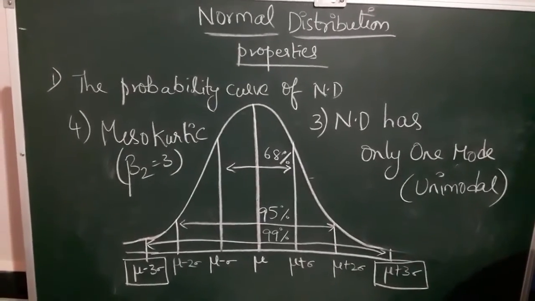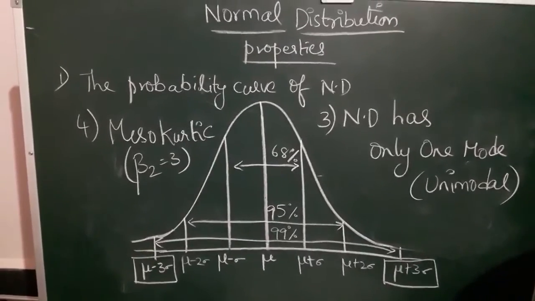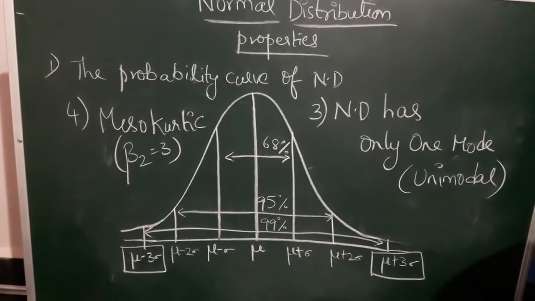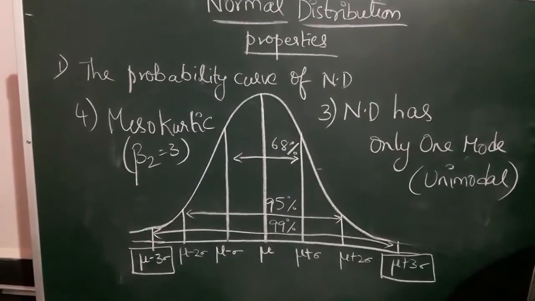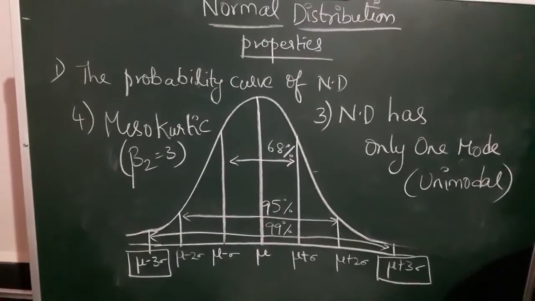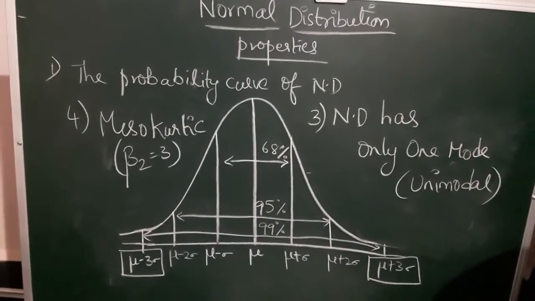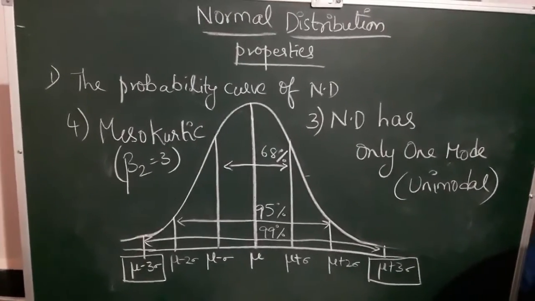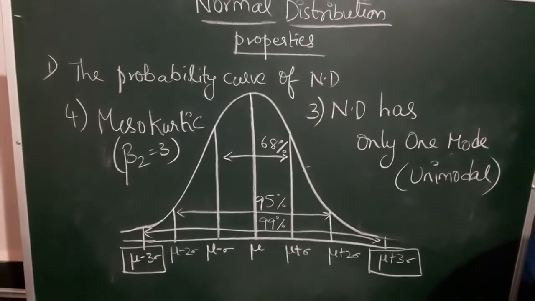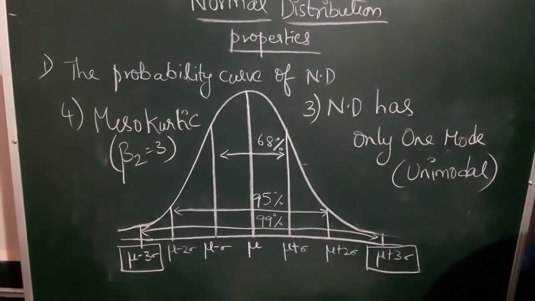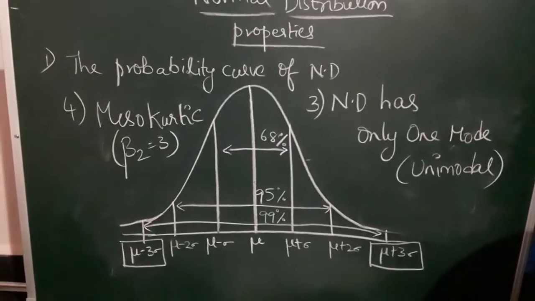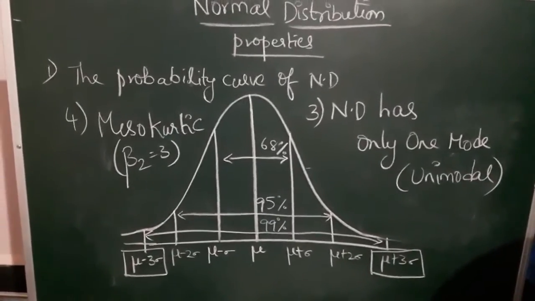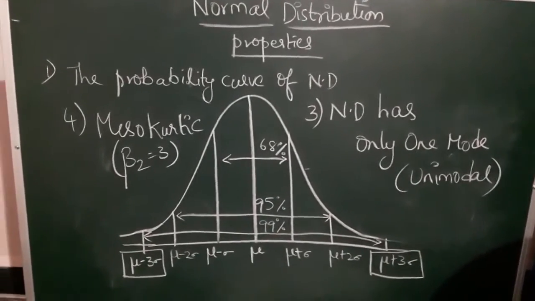I hope all these 4 properties are clear. So here you can add one more property, property number 5. The total area under the normal curve is 99%, that means 0.99, approximately 1. The total area under the normal curve is equal to 1. Anyhow, later in the continuation I am going to give you one of the properties I just said. The total area under the normal curve is 1, unity. So let us rub this normal curve and we shall see few more properties of normal distribution.